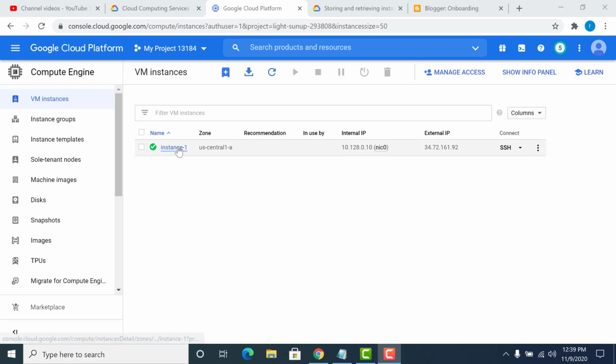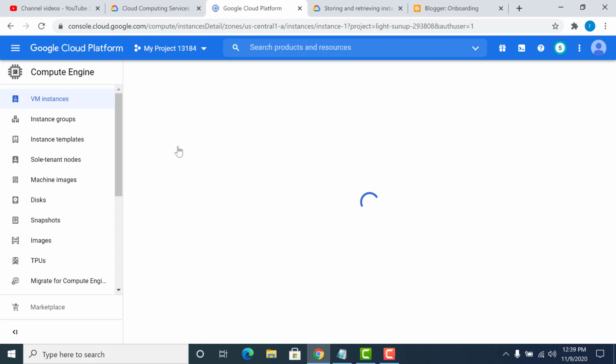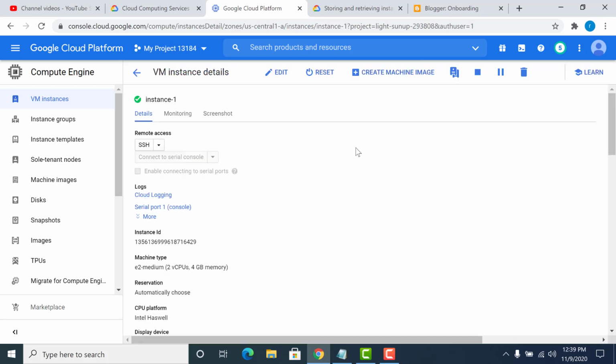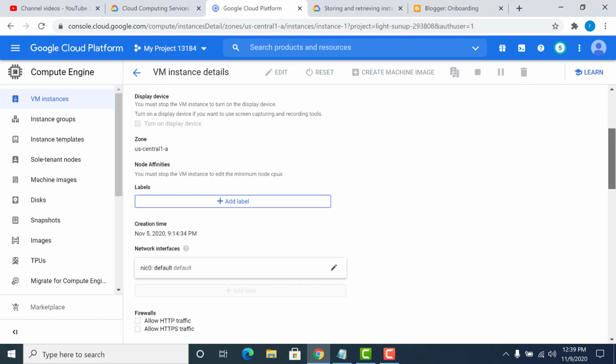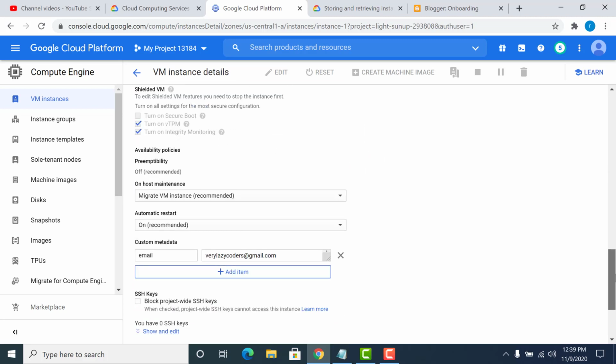The instance metadata is stored once you log into your instance in the console. If you want to create a metadata, you can always go to the metadata section and create one that you like. I've already created a metadata called email, and the value is a particular email ID. This metadata is only available to this particular instance and is specific to it. Hence, it's called the instance metadata.